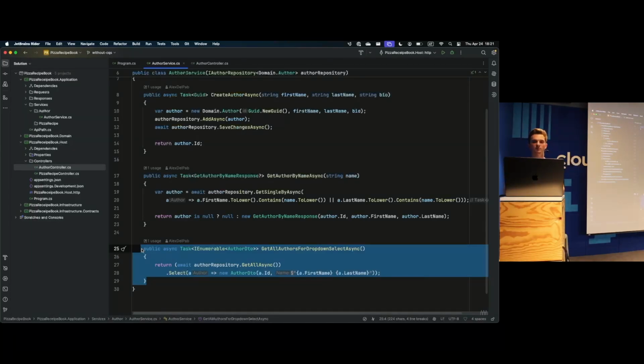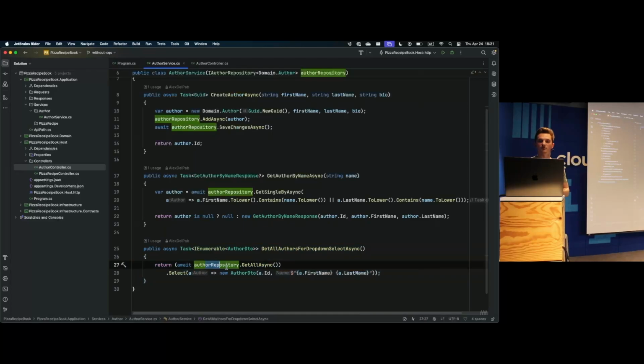Why? Because we would either have to do it in our author repository, we would either select it afterwards, or we create another method in the repository itself to do it just for that use case. There are different possibilities to solve that feature request from the product manager. He doesn't really care how you do it. It must work at the end. But yeah, I think you all know that setup. And yes, that's it for the